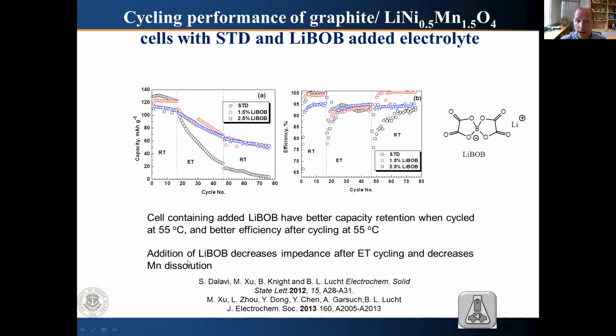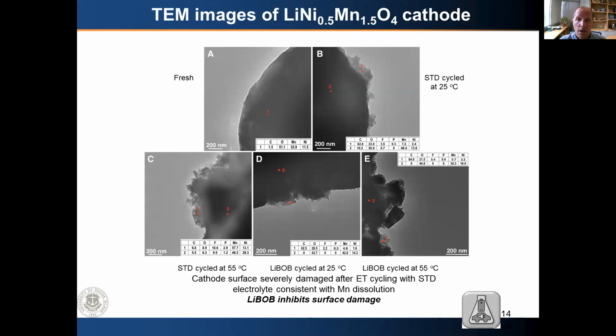At the same point, I should point out that in addition to the improvement of the overall capacity retention, LiBOB also significantly reduces the manganese dissolution, which is a significant problem for these cells. So if we go back and look at the TEM images of these cathode particles after storage at elevated temperature, we can see the fresh cathode particles have very nice, crisp, clean edges, while the